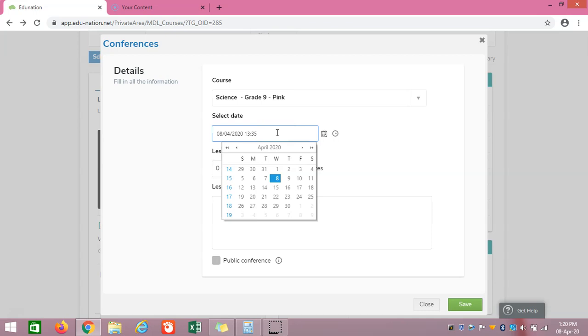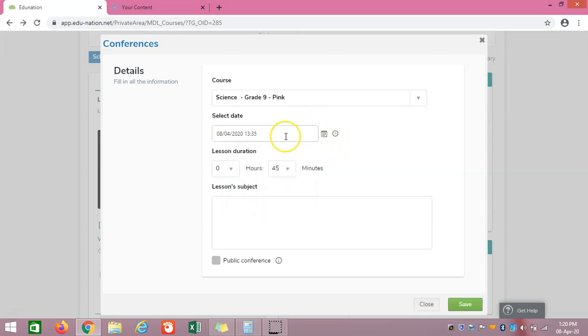The main thing to note is that you make sure you are not making a clash with the class. Think one teacher has a class from 10:30 to 10:50, and at the same time the teacher has chosen the time as 10 to 11. Using the time picker, you can see the lesson duration. This is the start time, when the class will start, and it shows the duration. So you can choose 45 minutes or whatever. Like if I choose 30 minutes.